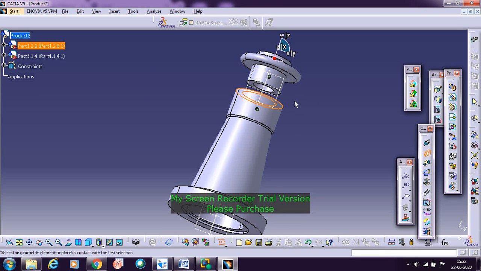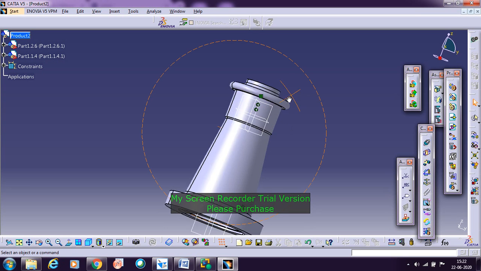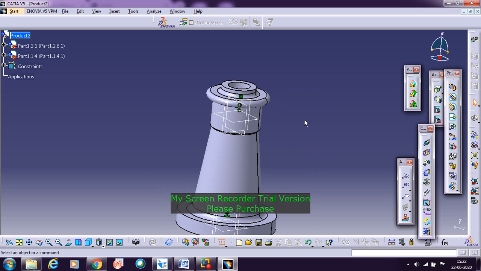Here also you need to select the surface in such a way that you select the two circles, so that you have selected the surface. Then soon after selecting the surface you need to click update, so that they will be in line with each other. You made the contact constraint such that the surfaces will be in contact with each other. In this way you need to assemble the part.